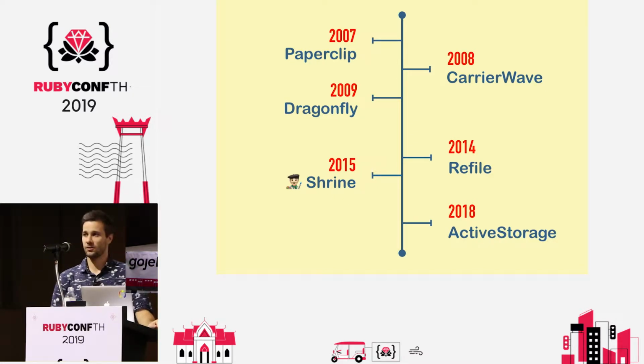In the Ruby ecosystem, I think we have really a lot of options. And when I compared it to other programming languages, these are really high level, which means that usually it requires very little code for the file uploads to work, or for the files to get attached. And having a lot of options can be nice, but it can also be challenging. For example, you can start investing in a library only to later realize that it doesn't adapt to your requirements